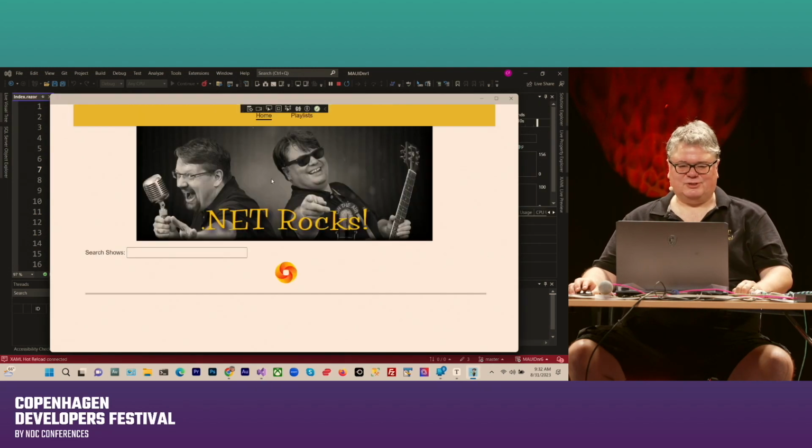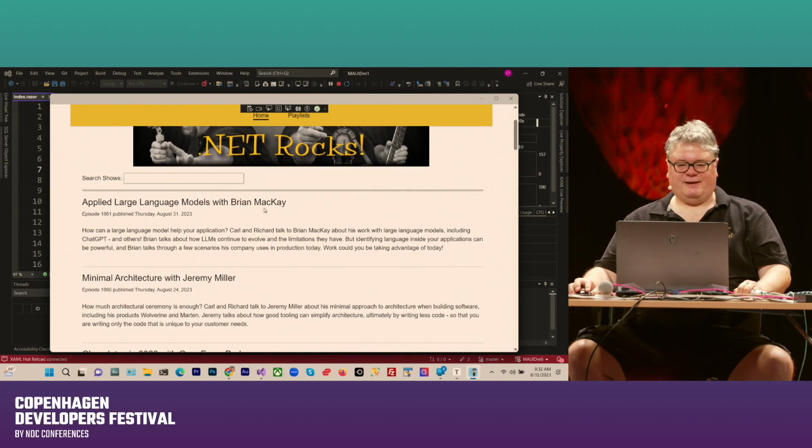This is the shut up function. And this was one of the things that I learned from